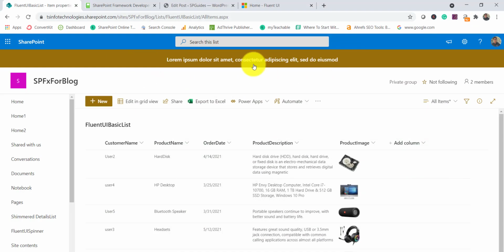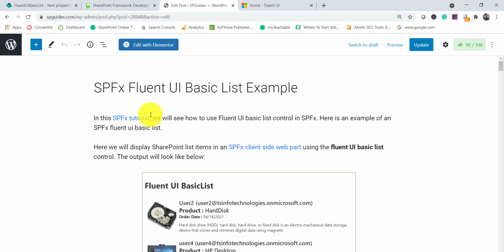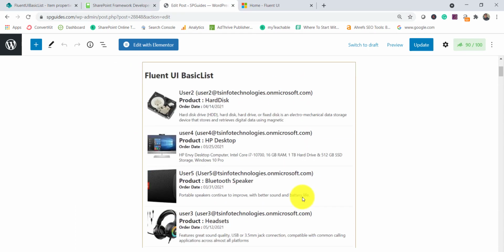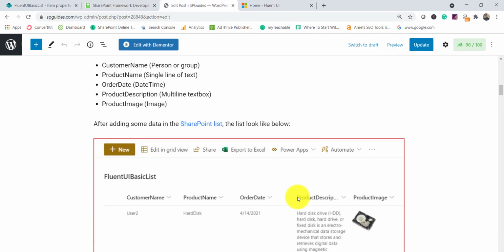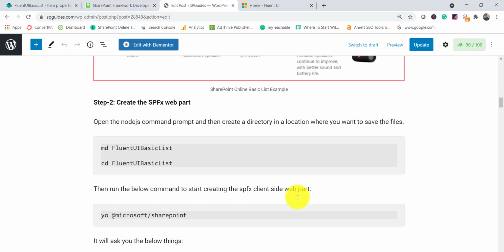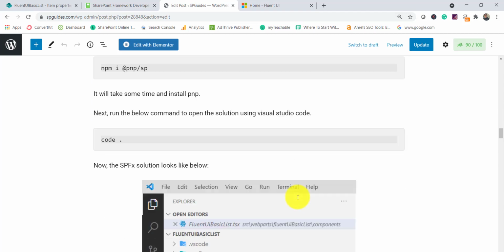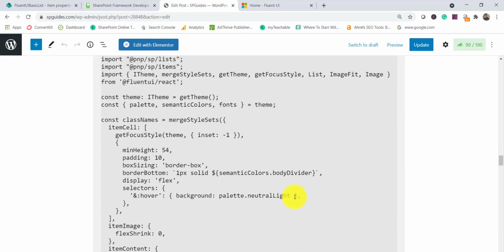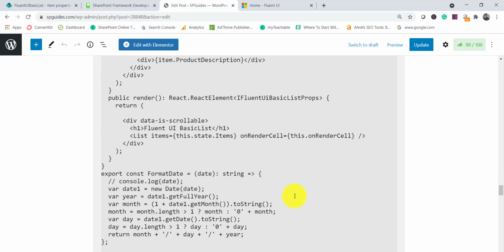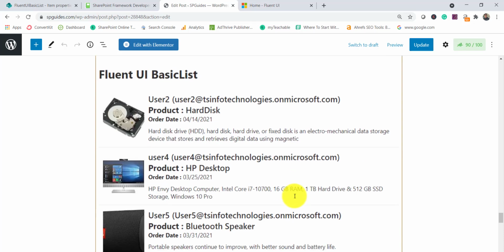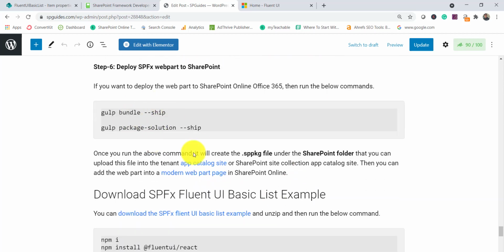So we'll divide it in two parts. First, I will create the React application from the beginning, and then I have a solution also ready, which I will show you, because it makes no sense to copy paste the code again. And also I have created a complete tutorial for the same. You can see here step by step everything is there. So I'll put this link in the video description, you can have a look at that. I have explained everything, even how we can deploy this code to your SharePoint Online environment. Everything is there.